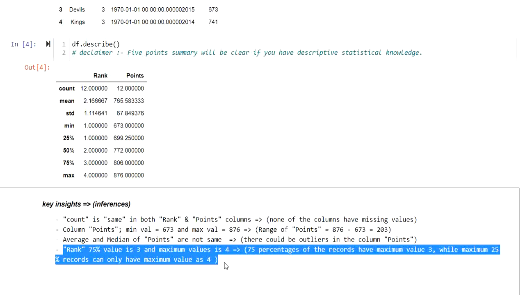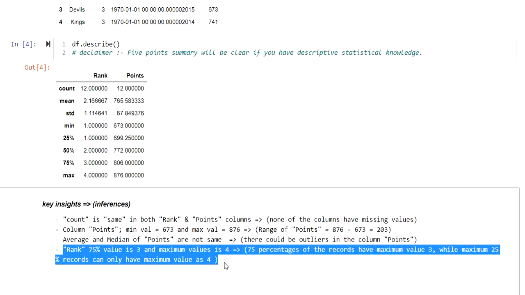So in total we have 12 records. Out of the 12 records, when you sort them in ascending order, we have 9 records where the maximum rank value can be 3. So for 9 records we have rank value other than 4.